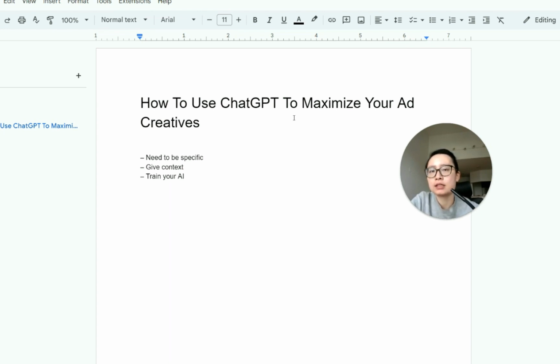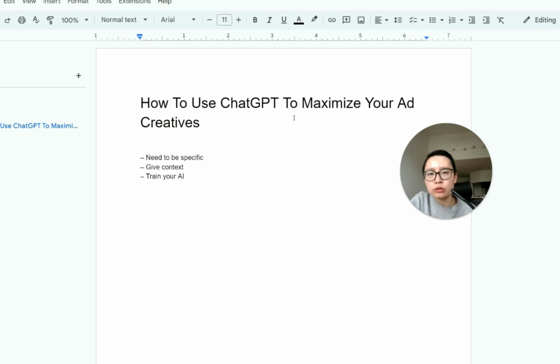Essentially it's the same thing. So when it comes to being specific, you need to give AI very detailed, step-by-step instruction on what exactly you want it to do, the style, and anything that you think will be relevant to giving you a better quality output.